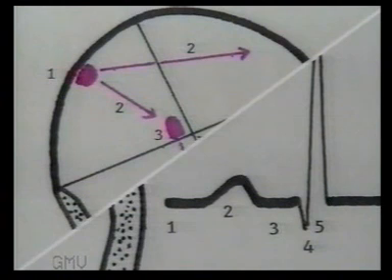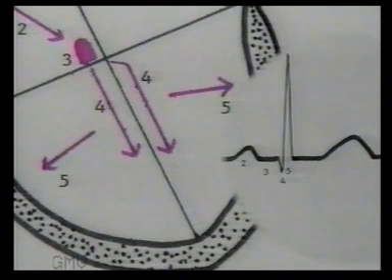Now, as the impulse spreads throughout the ventricles within about 0.1 second, the septum gets depolarized first, then the left and right ventricular walls almost simultaneously, but a little earlier on the left side. This activity is recorded as the QRS complex. Once the ventricles are totally depolarized, there is no electrical activity for a brief period, so the ECG returns to the isoelectric line and records the ST segment.